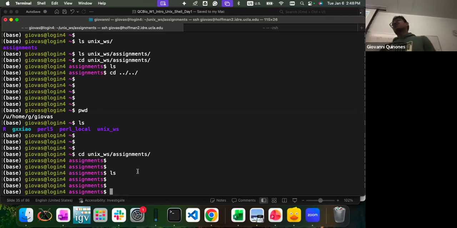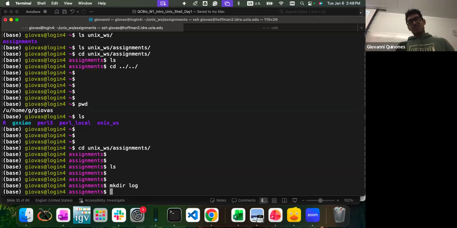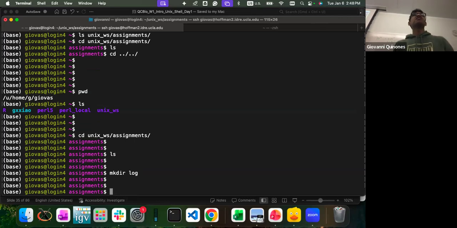Now in your assignments folder, let's make one more folder. Let's make a folder that is called log. Okay. Now, let's say, oh, I made a mistake. I don't actually need a folder called log. So now let's remove that folder. To remove a folder, we're going to type rm. And rm means remove in general, but there are some special cases.